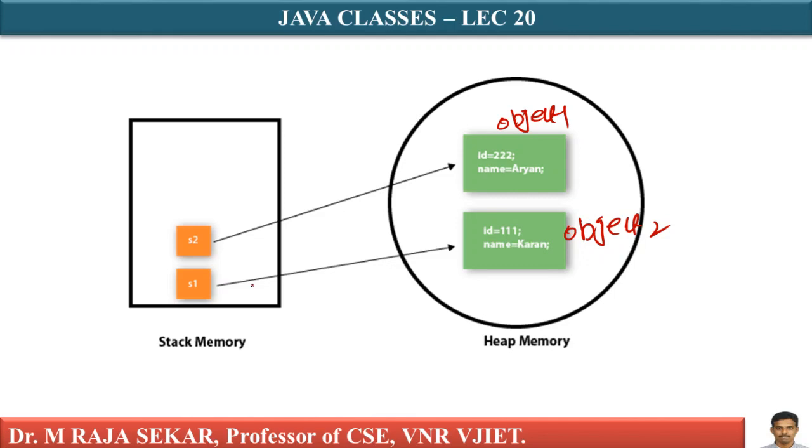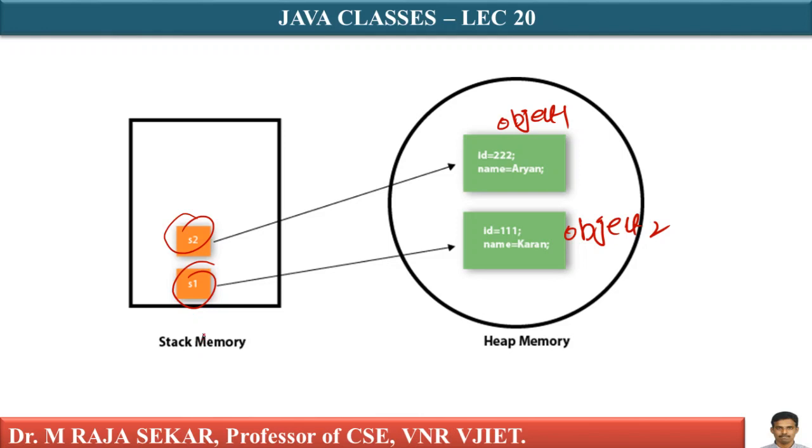The reference variable refers to the object allocated in heap memory. Just see, these reference variables are referring to the objects, but the objects are in the heap memory area. S1 and S2 are both reference variables that refer to objects, but these reference variables